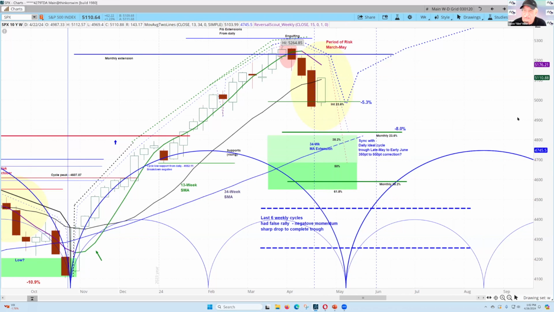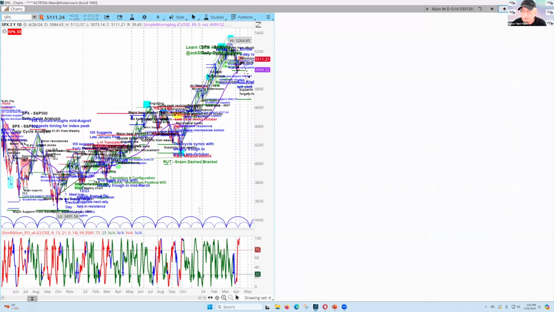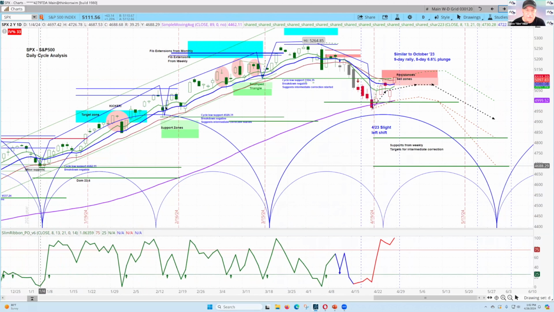Now, when I look at the daily chart, now remember, this momentum is coming down. So when momentum is coming down on the intermediate, there's a hard force of intermediate or longer term holders that are selling. This rally in here is against this momentum right here on the downside, just as this one was right over here, just as this one was right over here. And you can see that that's important to look at, because when I look at this daily chart right over here, you can see you had a continuous upside movement, the slim ribbon giving you support, slim ribbon PO giving you the upside